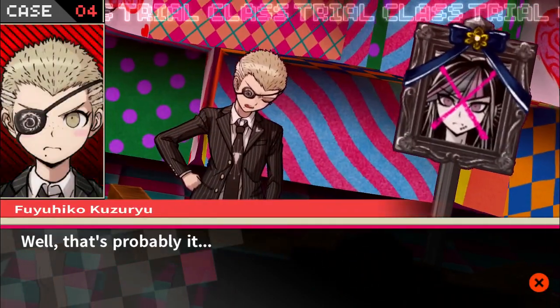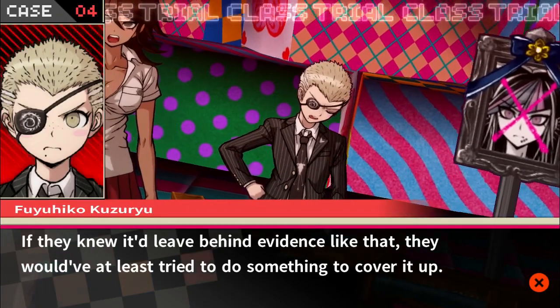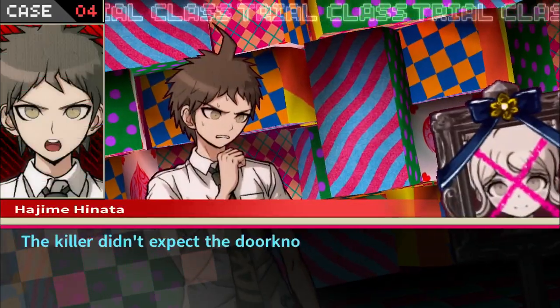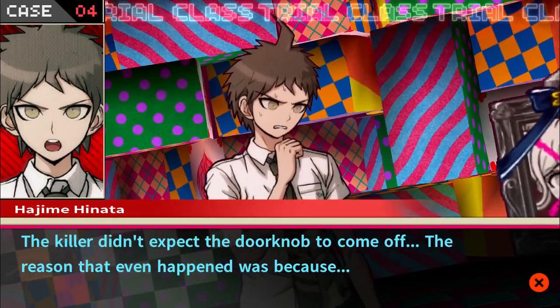Was that unexpected for the killer too? Well, that's probably it. If they knew it'd leave behind evidence like that, they would have at least tried to do something to cover it up. The killer didn't expect the doorknob to come off. The reason that even happened was because...